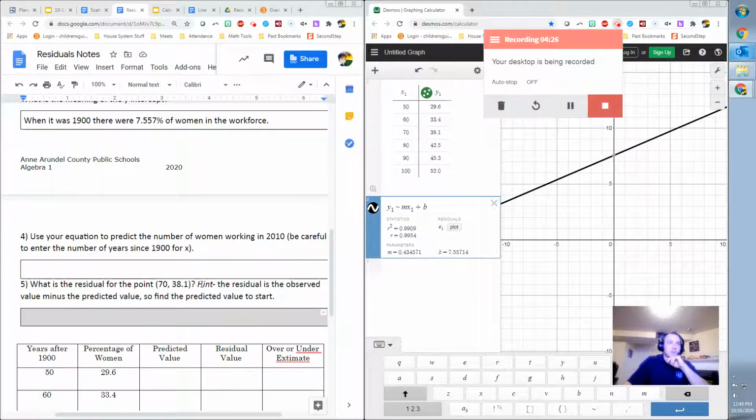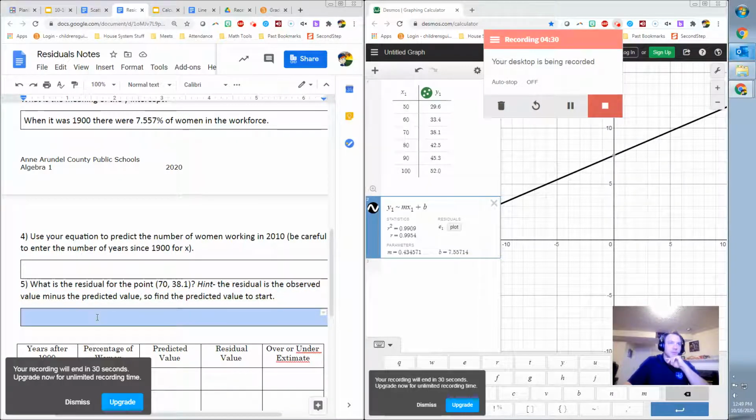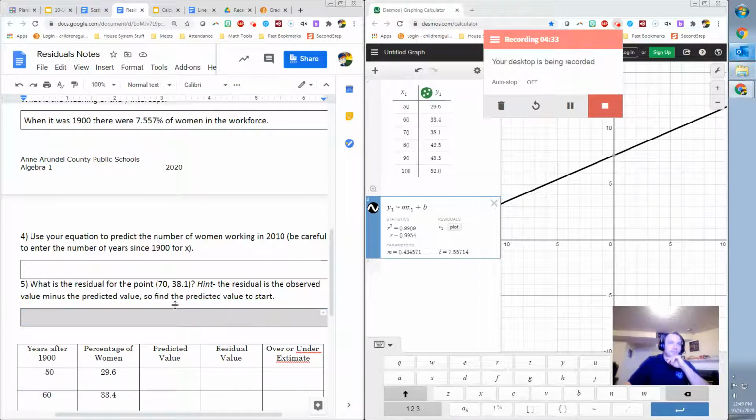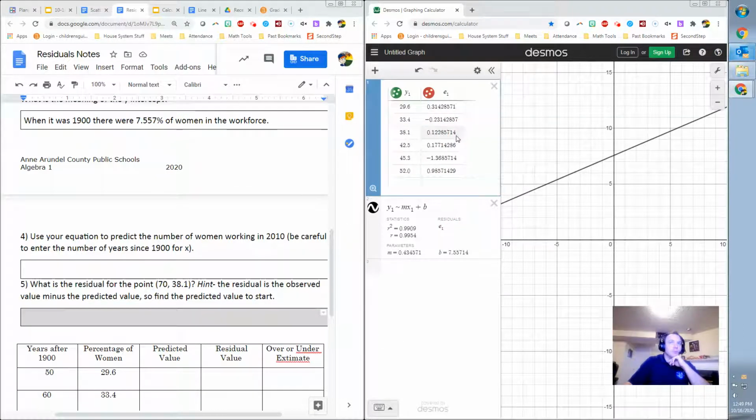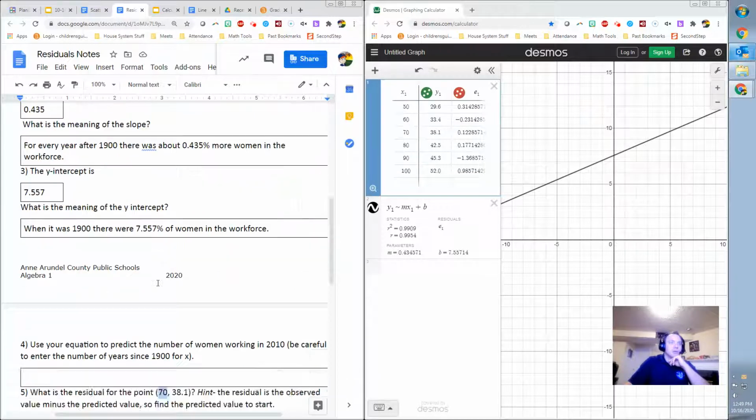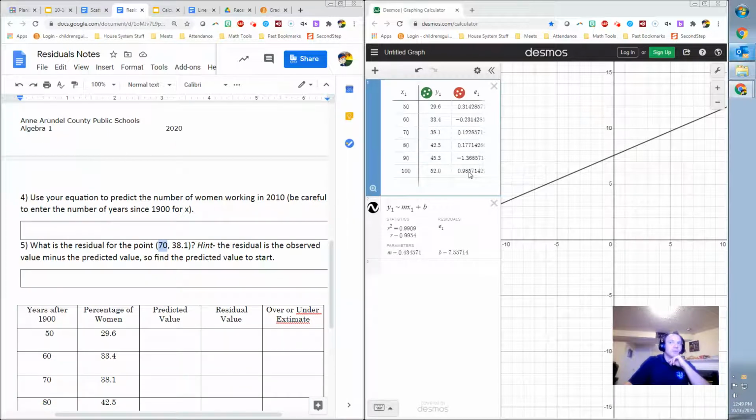So this tells you what the residual value is. It's the observed value minus the predicted value. So you would say, okay, what's the residual for the point 70 and 38.1? So you can see in here I have 70 and 38.1. Here I can click this to plot the residuals and it will inform me what the residual was. But basically you plug 70 into the equation, which means that what it tells you on Desmos is going to be slightly different than what you would get using the